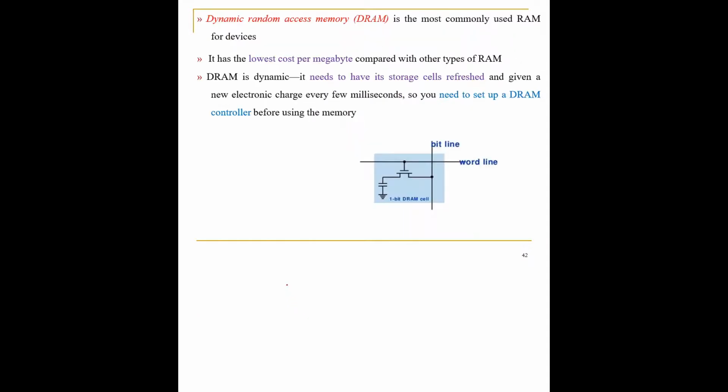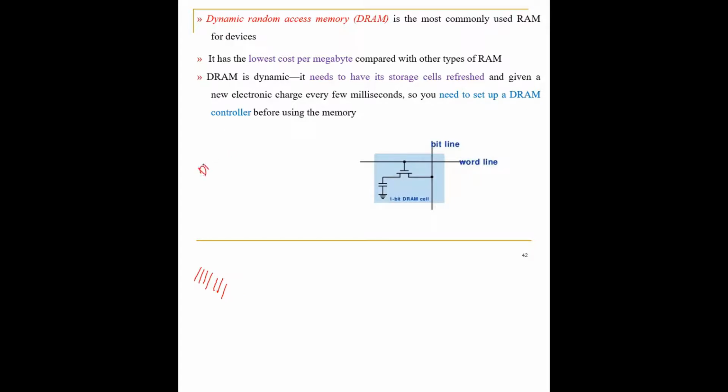The second kind of memory I'm going to discuss is RAM. RAM, as I said, is random access memory. So you say 4 GB RAM, something like that, right? What RAM normally does is store the applications you want. That is what your RAM is. Even in RAM, there are different kinds. One is dynamic random access memory. The other is static random access memory. Another one is synchronous dynamic random access memory.